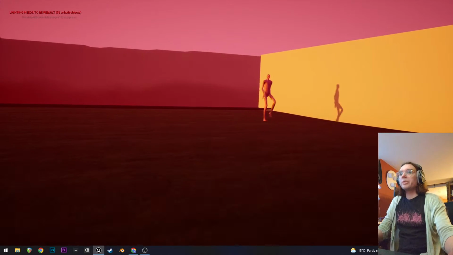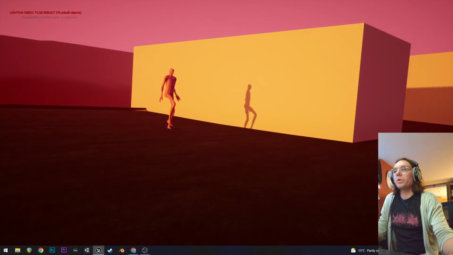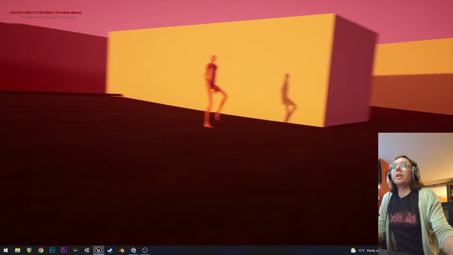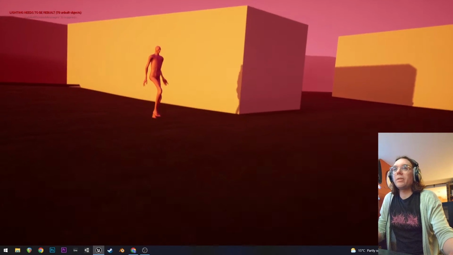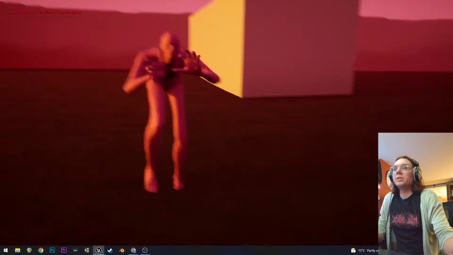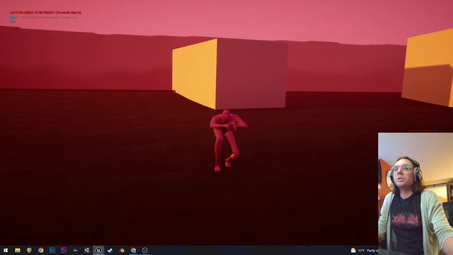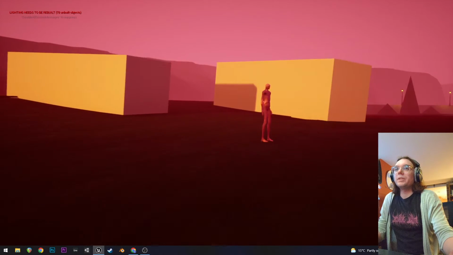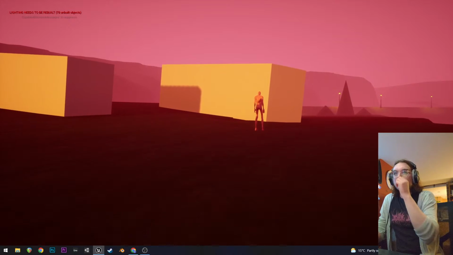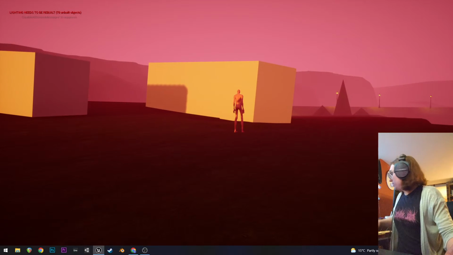So yeah, I've just been figuring out how to get enemies to move around the stage. What we have here is this guy, he walks in a path, and if he sees you, he chases you and tries to grab you. And then if he misses, he gets sad, and he starts to look for you by running around, and then he goes back to his path eventually.